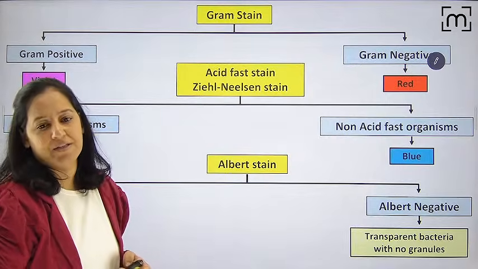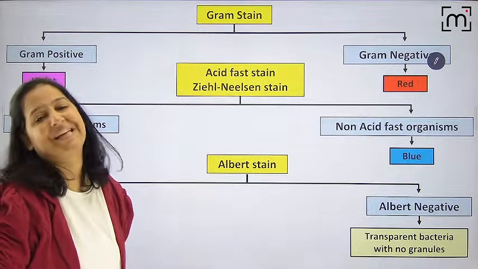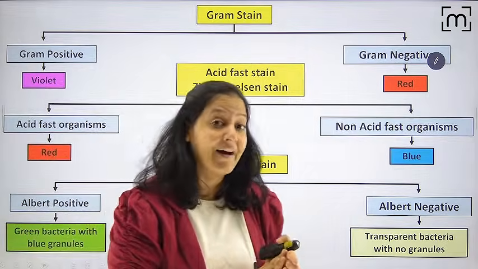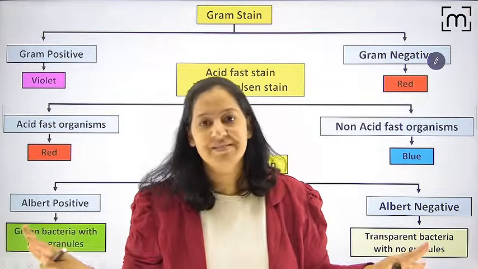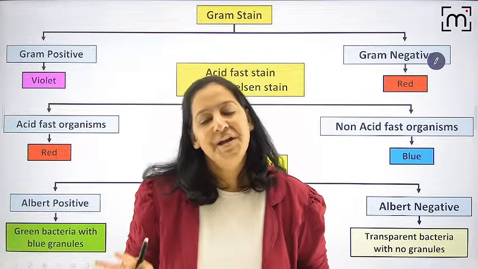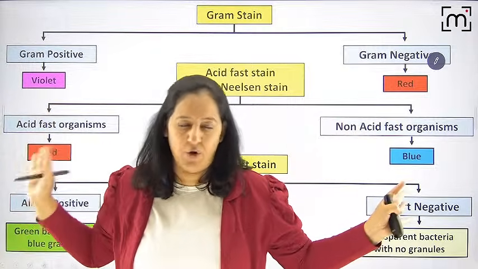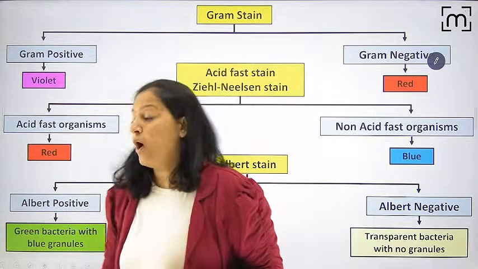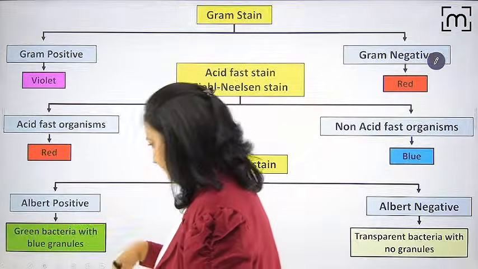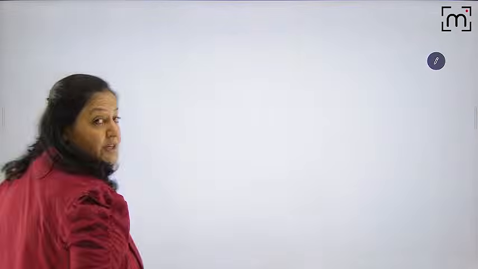These are Albert positive. So people, we are done with the 3 stains. We are done with the 3 types of differential stain. They are done. Now, you know the principle. I'm not repeating. Okay, you know the colors based on the gram stain, acid fast stain. Now, you just tell me the classification. Before I come to the next topic, next chapter, you tell me the classification.